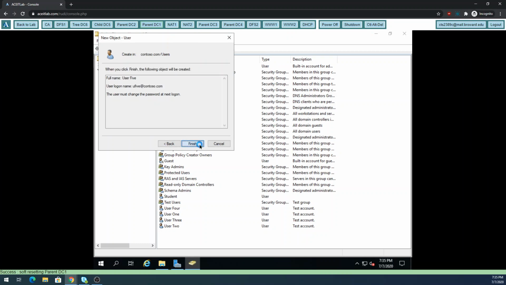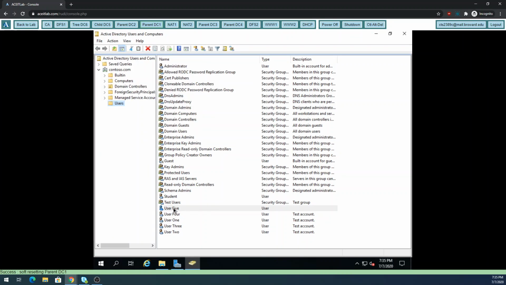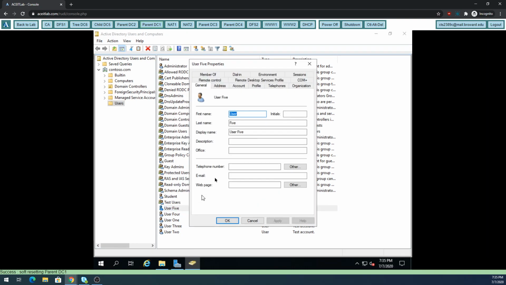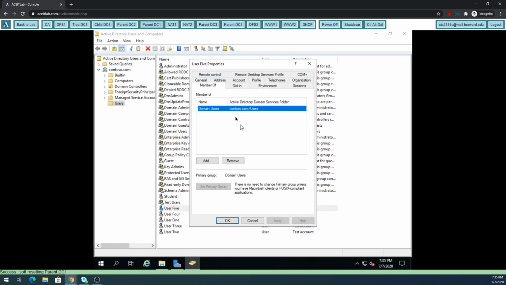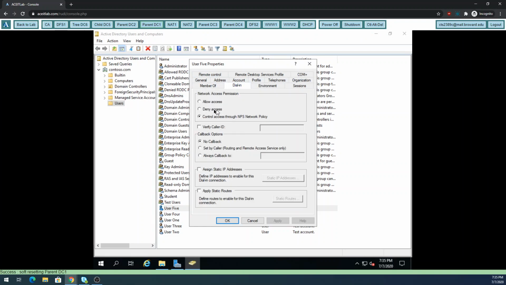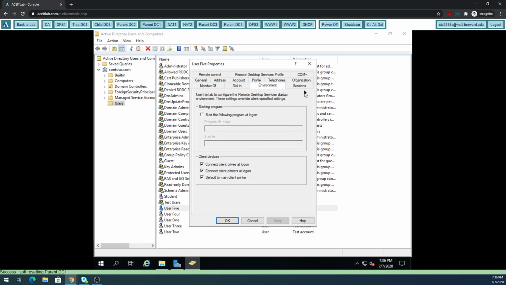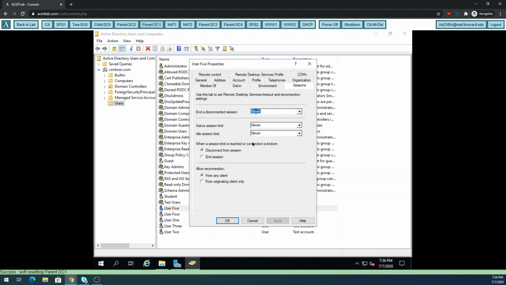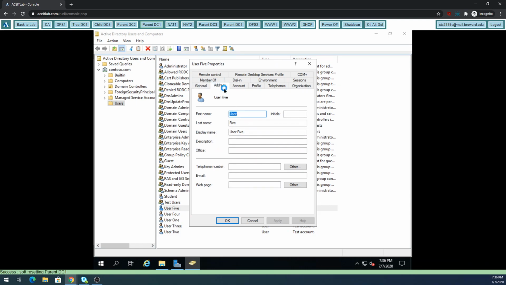Click Next, then Finish. If I go to that account, I can go into the Member tab, add users to different groups. I can specify whether they're allowed in to dial in remotely using some sort of VPN, or I can control that through an NPS, which is better. I can set up environmental variables for that person. I can define their sessions when they connect using remote desktop, general information, addresses,